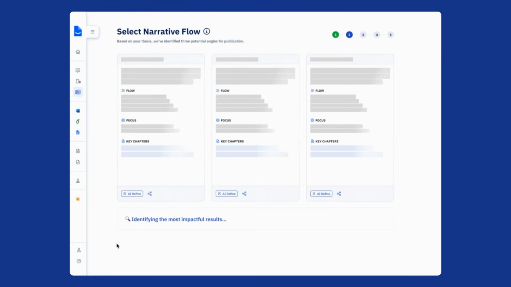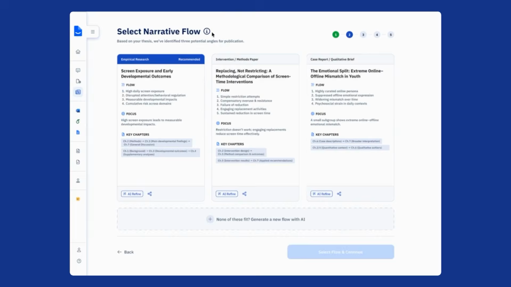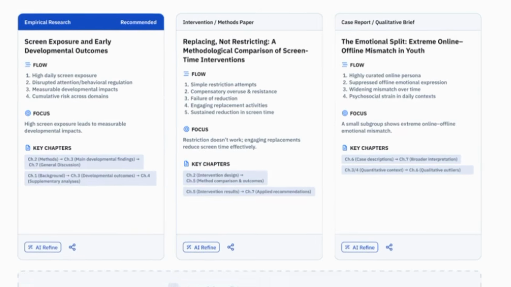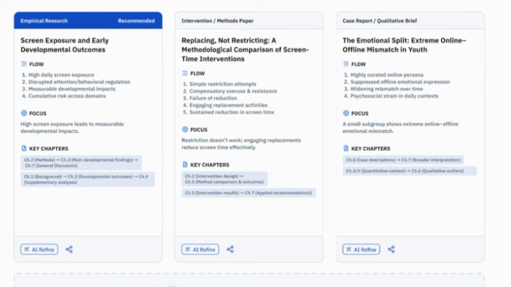Once your thesis is uploaded, the system conducts a structured assessment of your document. It evaluates chapter-level depth, novelty of insights, completeness of results, and background density, while also checking for redundancy and ideas. Based on this analysis, the system identifies between 1 and 5 strong publication flows, each grounded entirely in the content